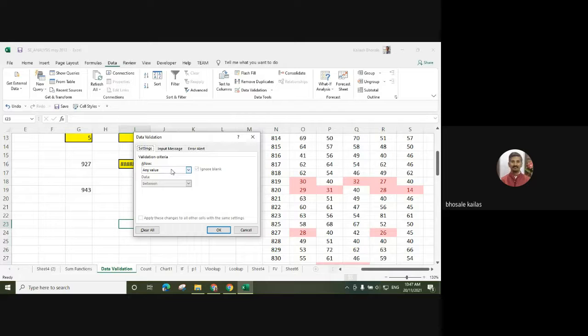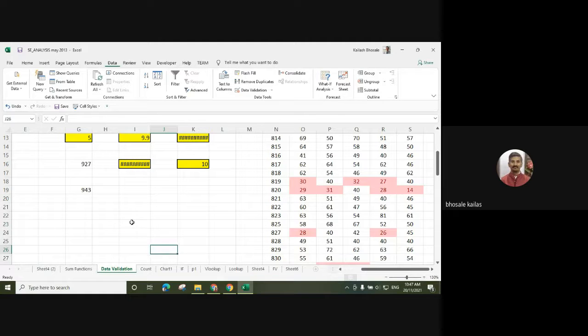So here it is asking what number you can use. Suppose in any cell I want to enter some values like this. I want to give some restrictions to a cell.